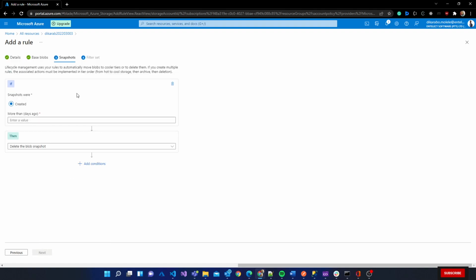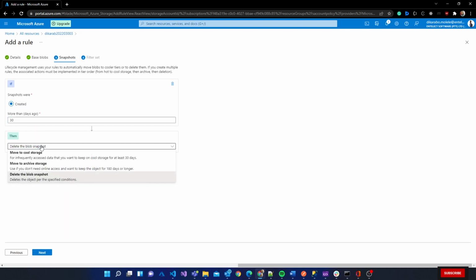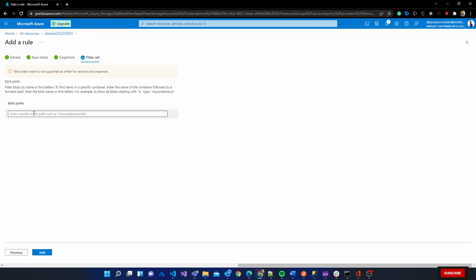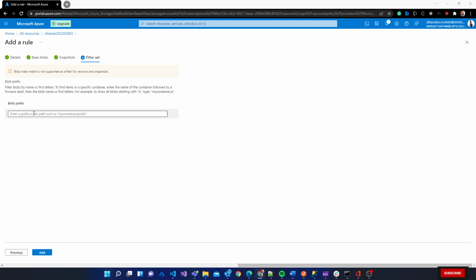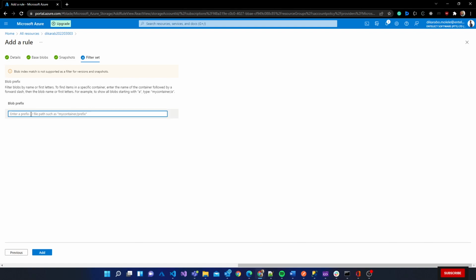Then cool, we go next and snapshot. So the snapshot policy, remember what it said: if it was created in the last 30 days, then delete the blob snapshot or move to cool. Actually, you can do with a snapshot whatever we were doing with the base blob itself. Here I'm just going to say delete, then filter prefix. We can put in the container itself. I didn't create a container, but we could have, let's say, container one